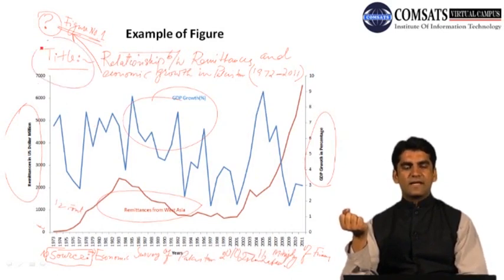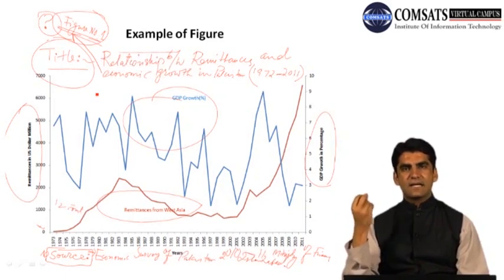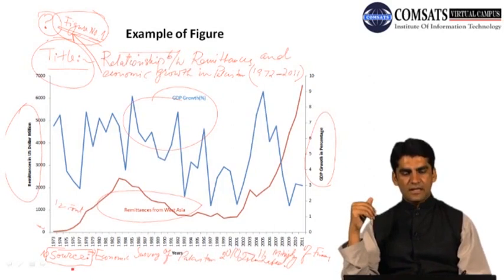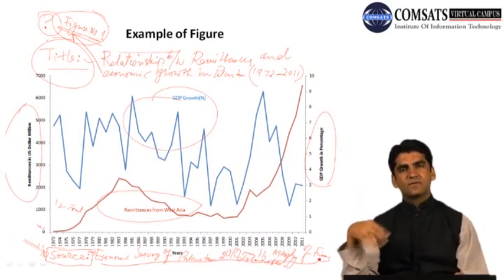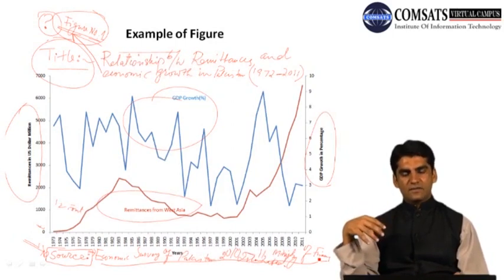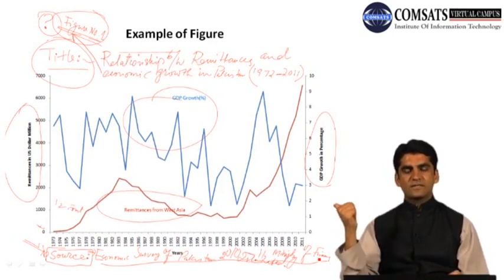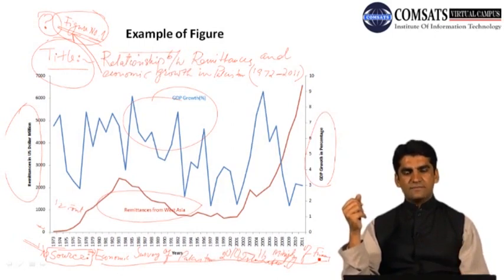Now you have title. You have also understood that the figure or graph must get a number if you're writing in your dissertation or your research paper, and it also gets a source, and source must be written in a way that it is also self-explanatory if somebody wants to find out that particular source. So it is Economic Survey of Pakistan for the year 2010-11, which is published by Ministry of Finance in Islamabad. So source is also clear.